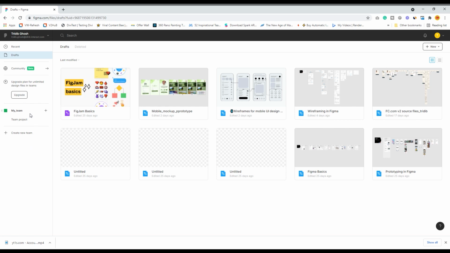Now the third part of it, obviously, this will always give you a notification to upgrade your Figma account. I think it is good to have an upgraded Figma plan for companies or organizations who are very serious about a good user experience and good user interfaces that they share with their clients.